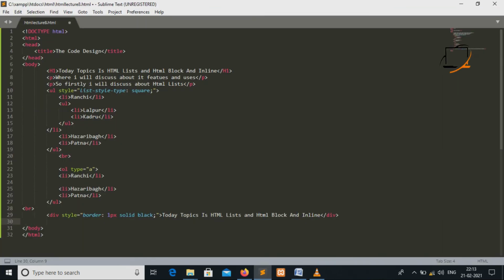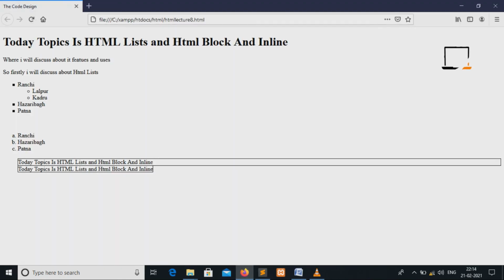Basically, I am using inline for a span tag, and now we are copying this text so that it could be easy to understand, and I am also copying the style of the division tag. Now paste this, save the file and refresh this page. Here the size of the block is the item size. Here there is no extra full window size. Here the size is just like the data present in it.